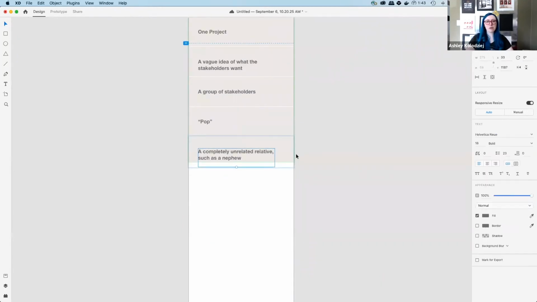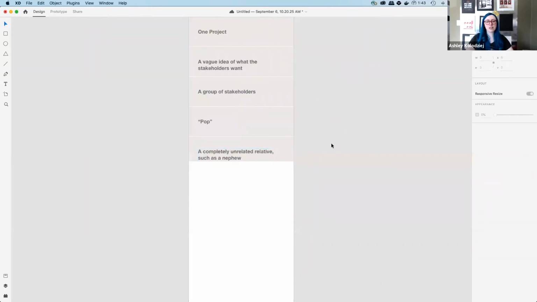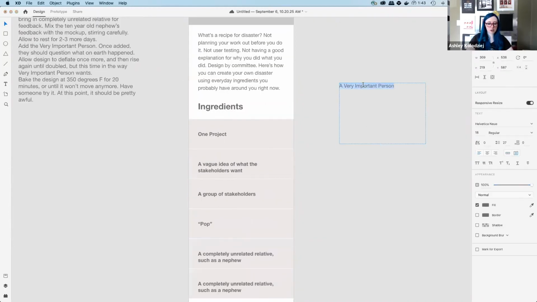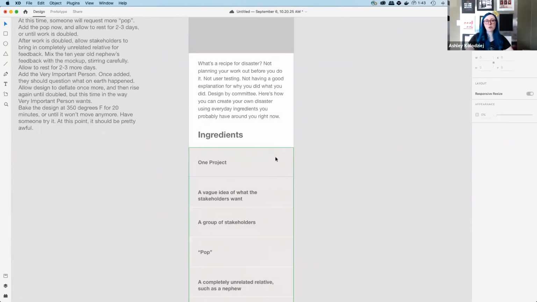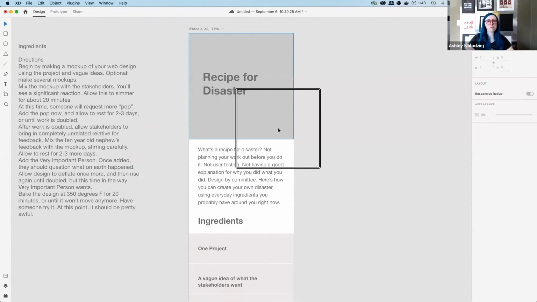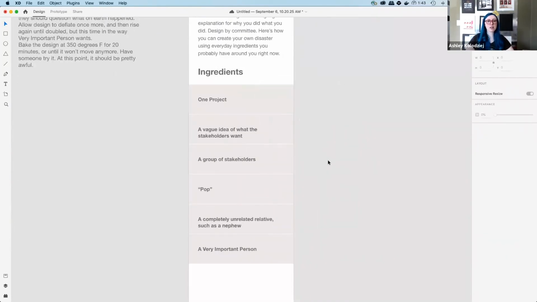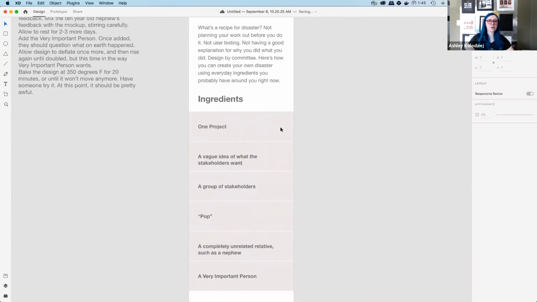All right, and in my repeat grid, it's a little finicky, but click up in there to get the green to show, and then go down one more so I can get my very important person in there. So notice that I am doing a little bit of design work here, but only enough to understand what content I might need to gather. For example, I know that I need to gather an image and then multiple images down here for my title and for ingredients. That's the kind of identification that you want to do at the wireframe stage.